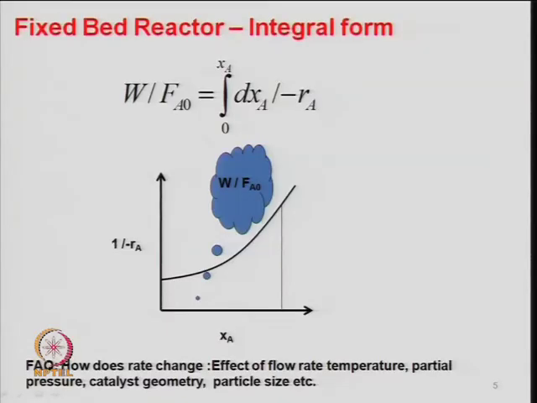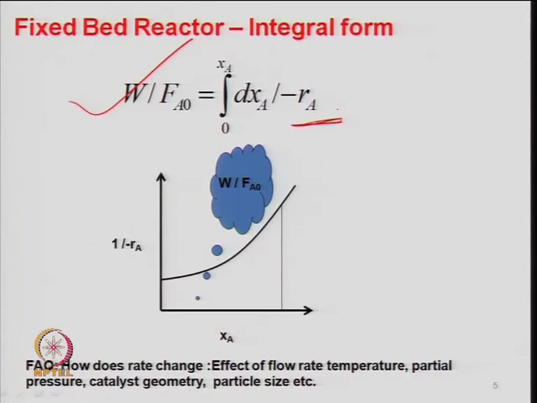So, data analysis, or determination of the kinetics, is related to the plug flow reactor design equation, which you have seen. Generally, from your experimental data, because you have passed some feed and at the exit you know the moles of those feeds out, right, based on the limiting reactant one can define the conversion, right. How many moles of A have reacted per unit time, per unit mass of the catalyst, can be calculated, right. For a given reactant one can calculate how many moles of species A have reacted, right. So, this is your minus r_A, right.